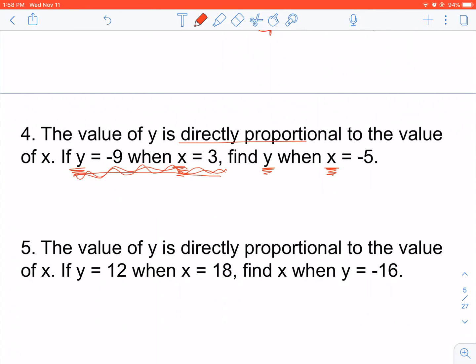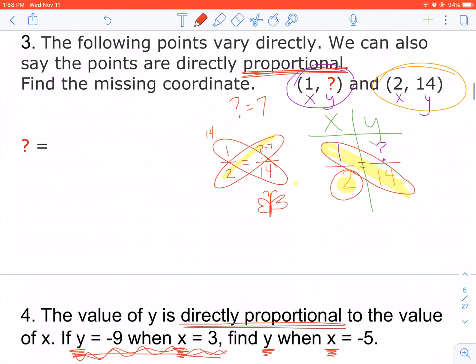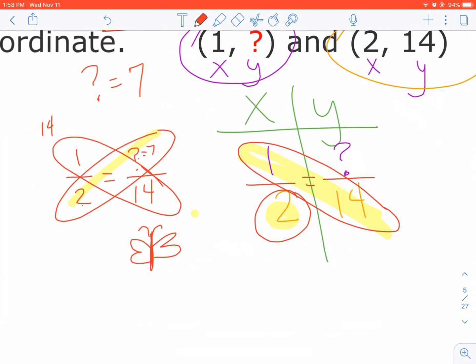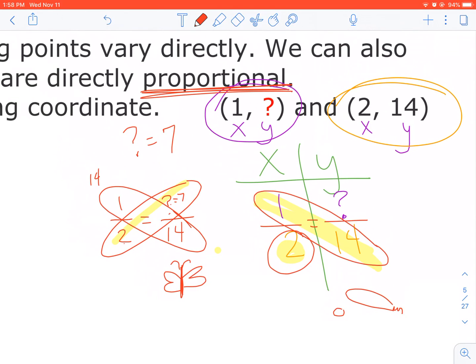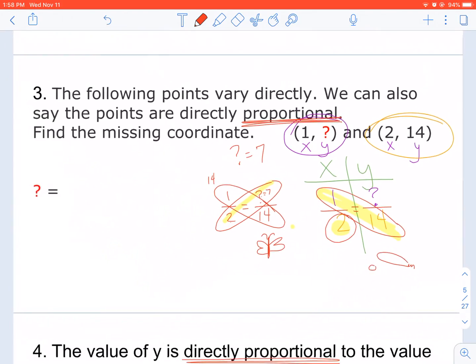Okay? And directly proportional, again, tells you that you're going to do either bat and ball, or you're going to do that butterfly. And you're going to do those on your own. That was Schoology, question number